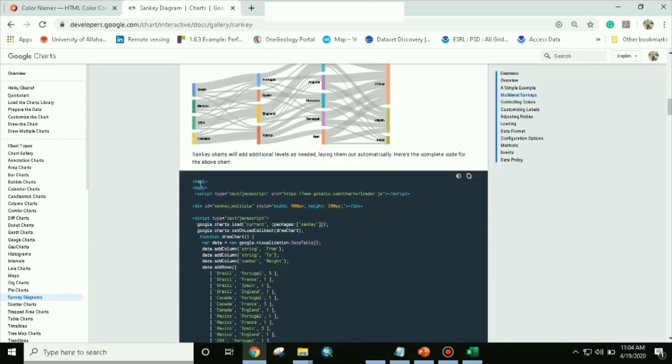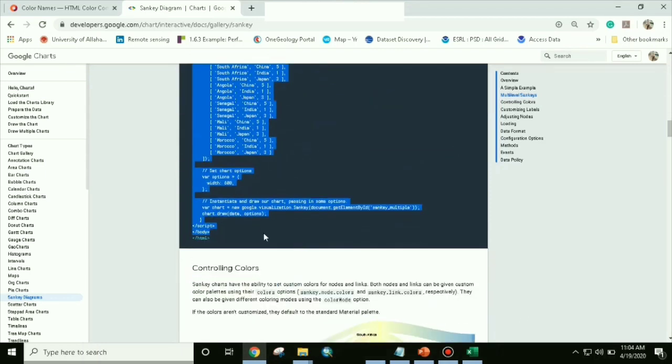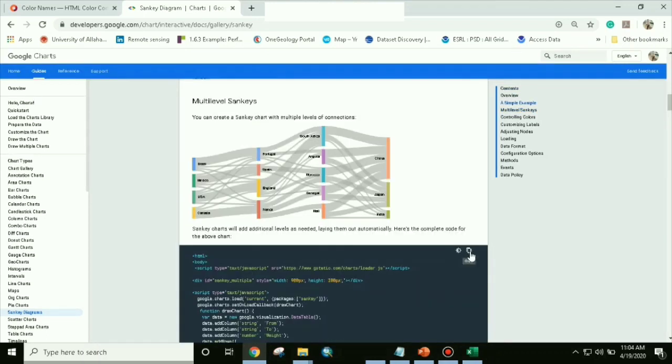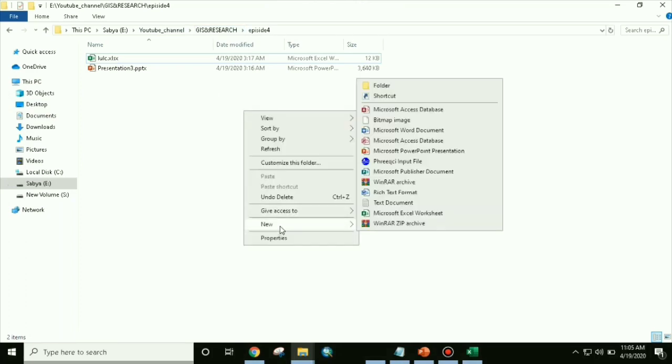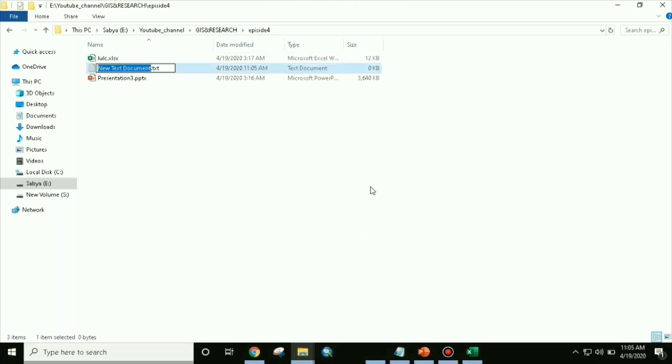So what we will do, we will just copy this whole code. Here you can directly copy, the copy option is there. So just copy this. Here it is showing it is copied. Now what you have to do, just go to new, then create a text file.